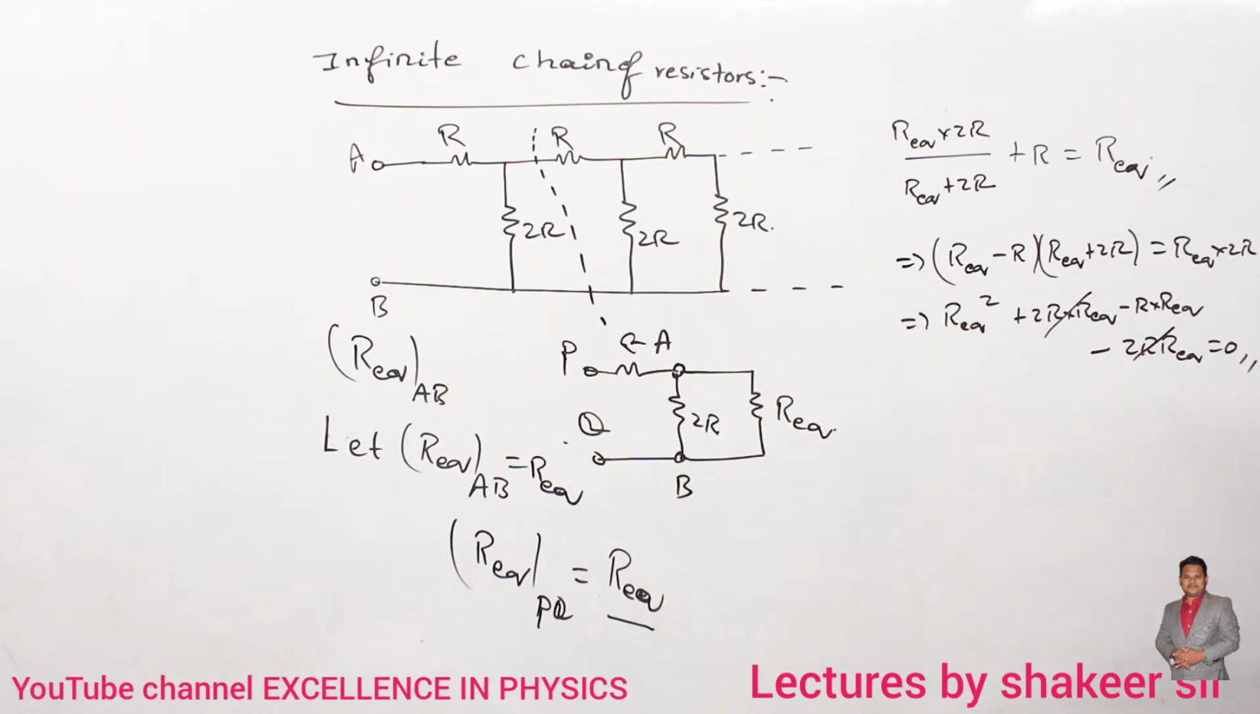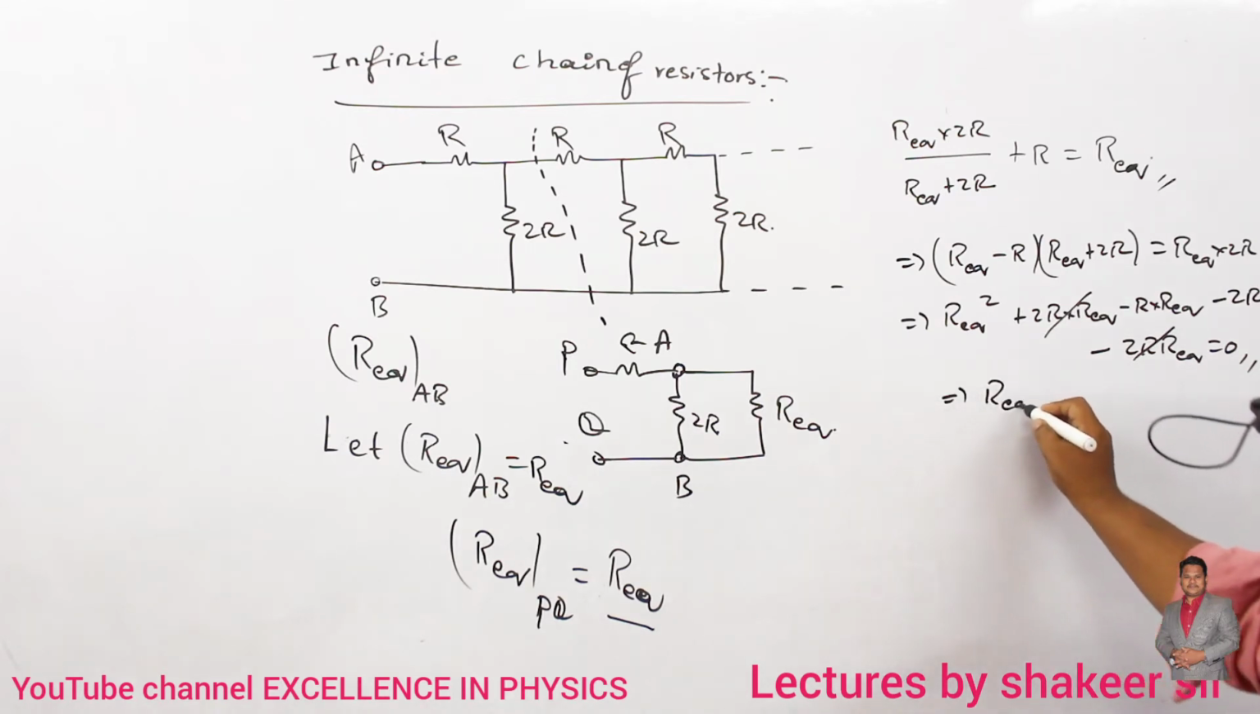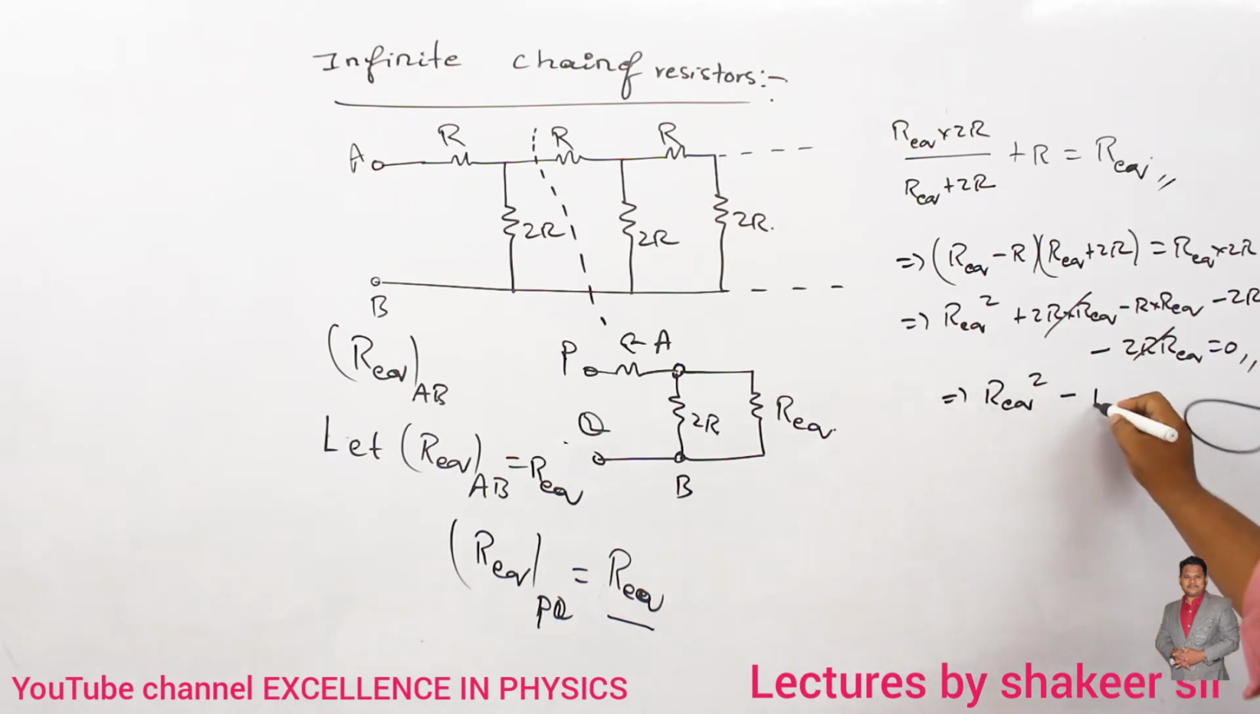So we have missed one more term. See what is the term we have missed here. So we have missed minus 2R square. This term we have missed. Clear? So therefore, R equivalent square minus R into R equivalent minus 2R square is equal